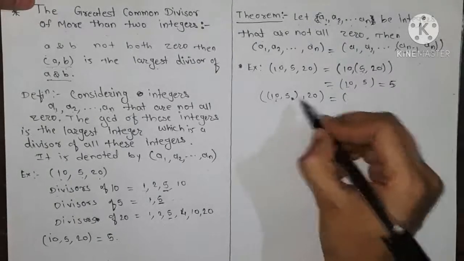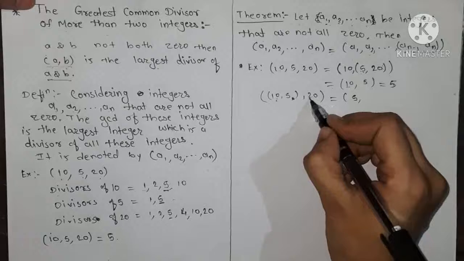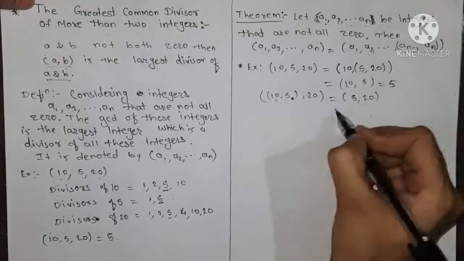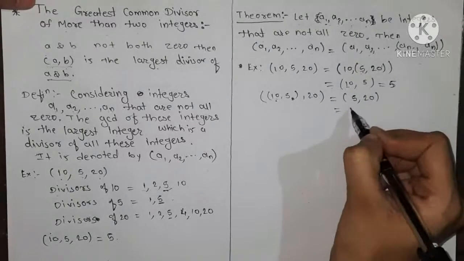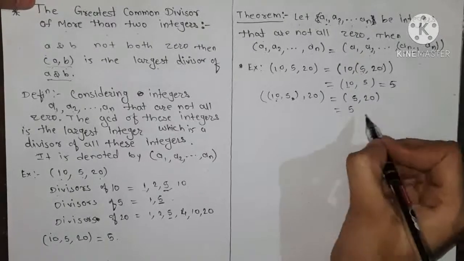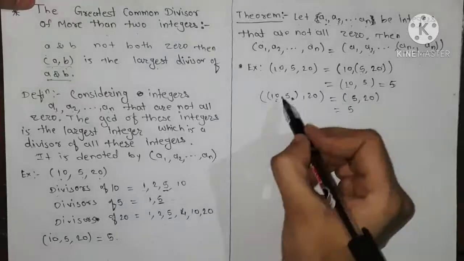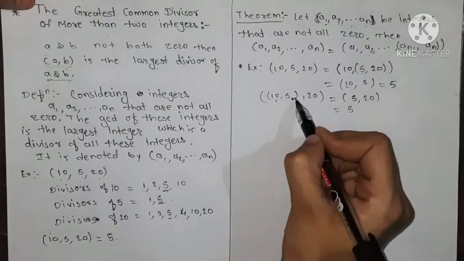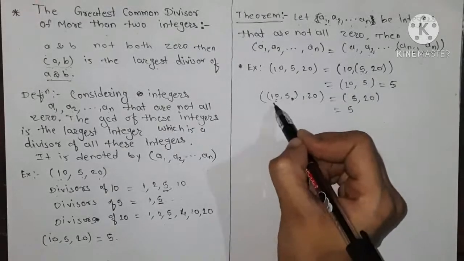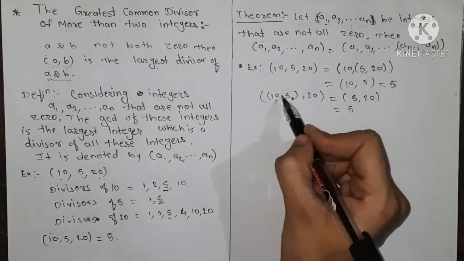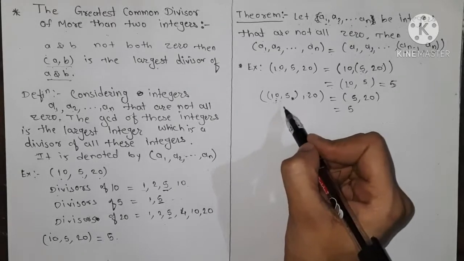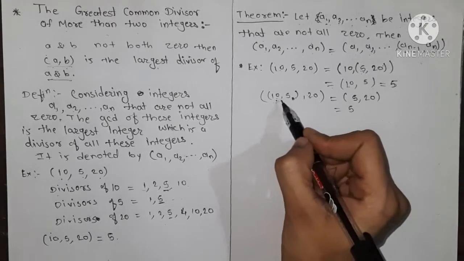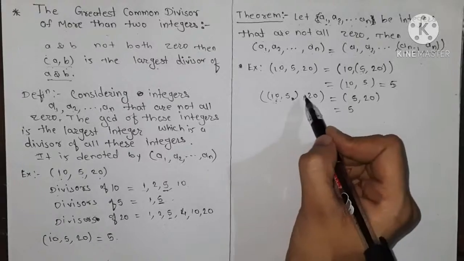So GCD of 10, 5 is 5 and we write 20 as it is. Again the GCD of 5, 20 is 5. Okay, so in this way the ordering we are taking here for the GCD first is immaterial. That is, we can take any order and then we find the GCD of that and then we find the